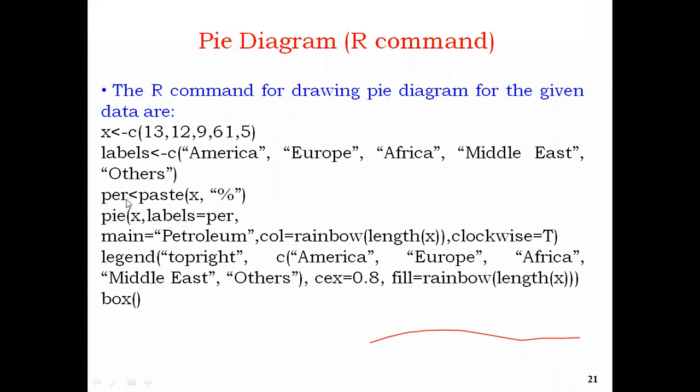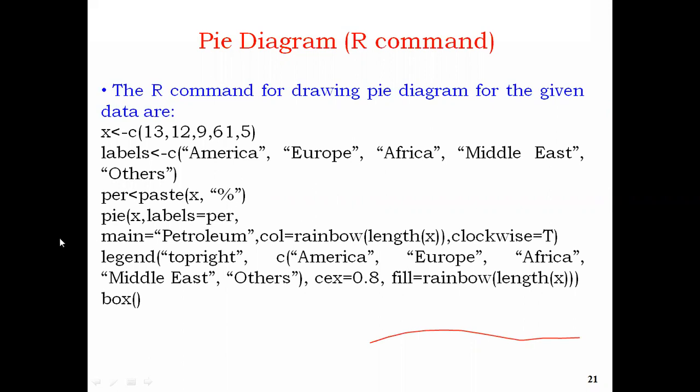You can also write percent, because we are taking this as a percentage, so we can write PER or PERCENT, no problem. If you write percent here, then you have to write percent elsewhere too. So labels equal to percent: labels we are considering from America up to others, then percent or per <- paste(x, comma, the percentage